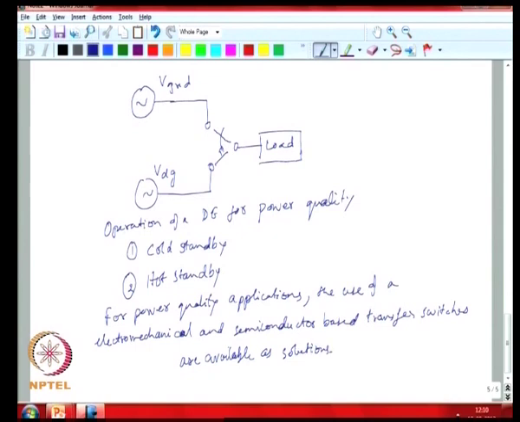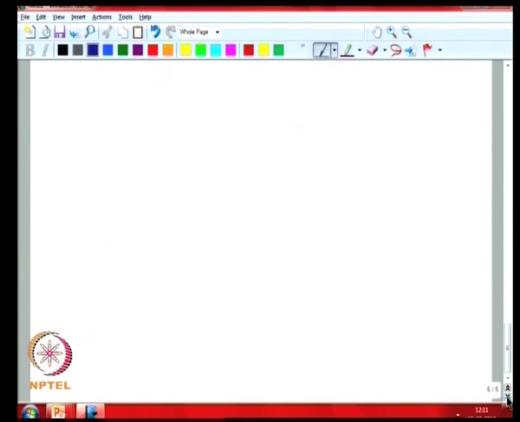So then if you look at a semiconductor based switch and compare it with, say, an electromechanical switch, then you can look at what would be your advantage and what would be the penalty that you would have. So you can look at